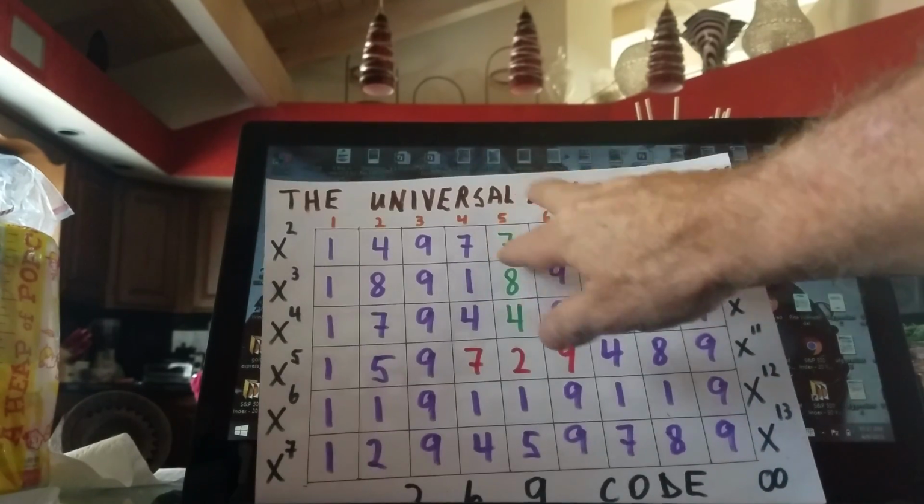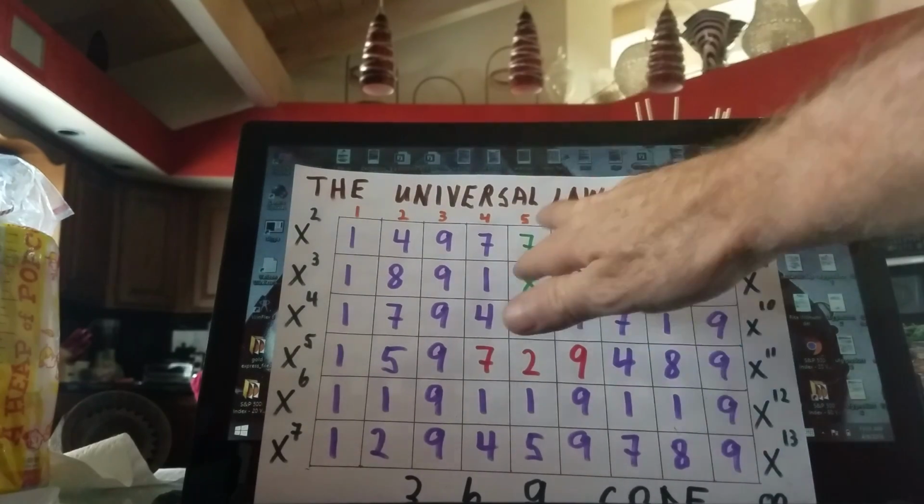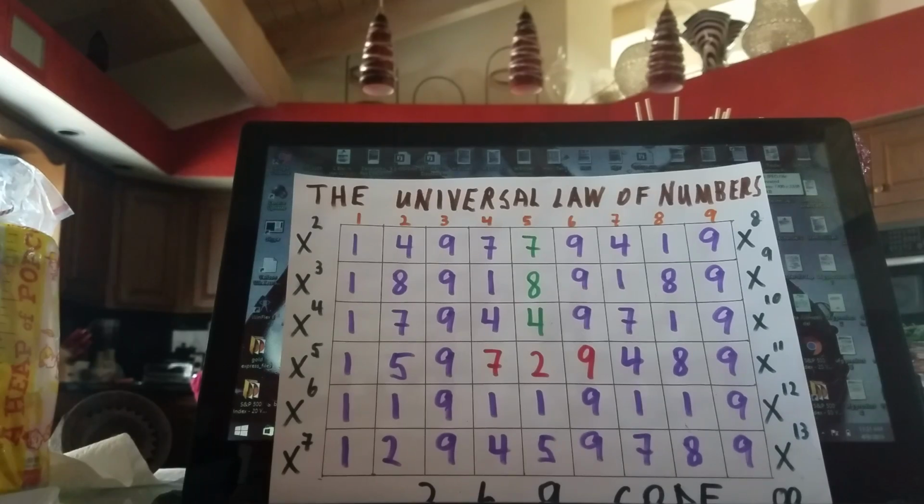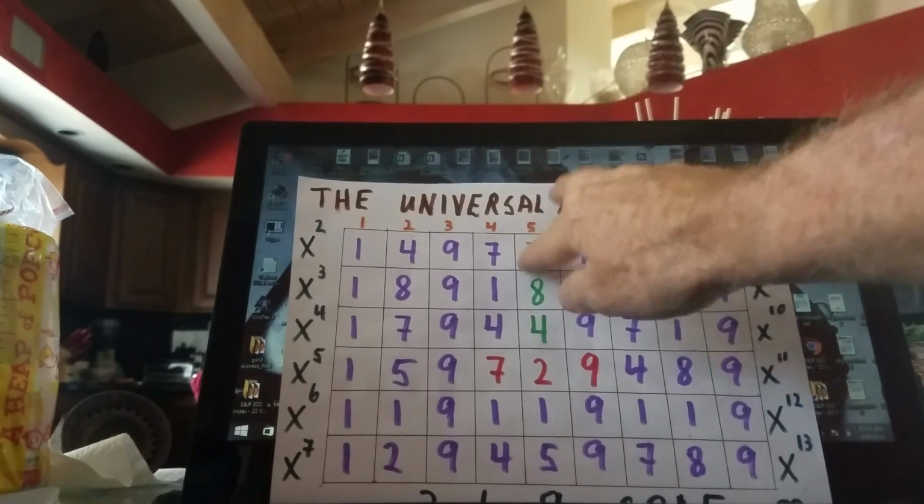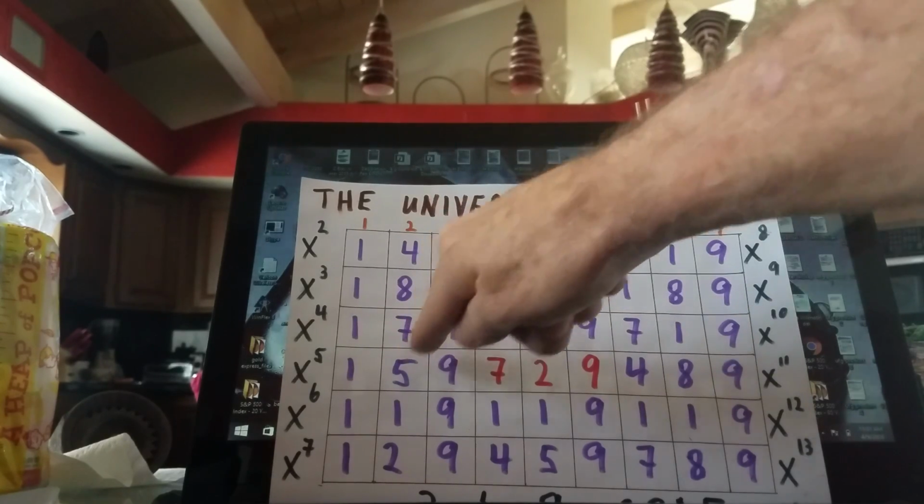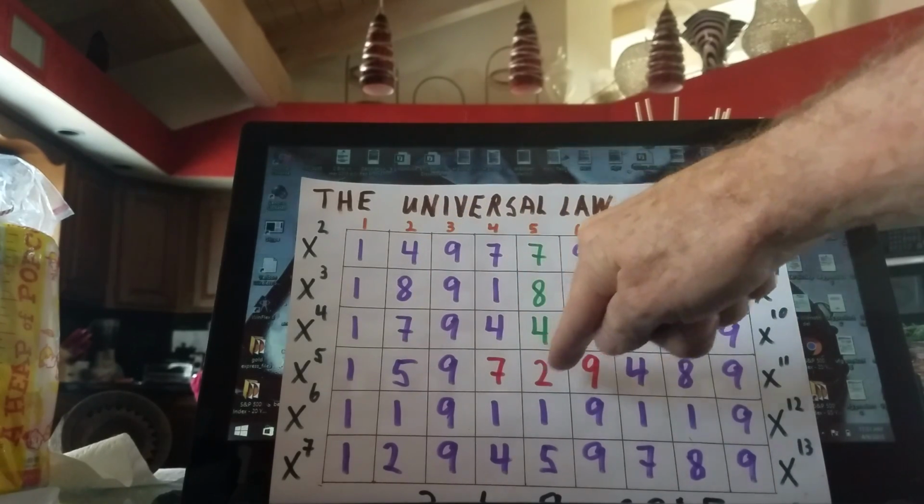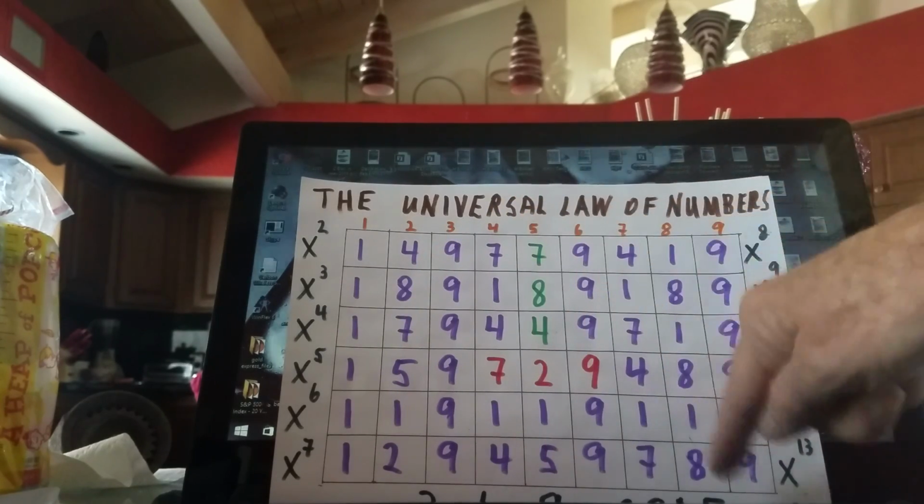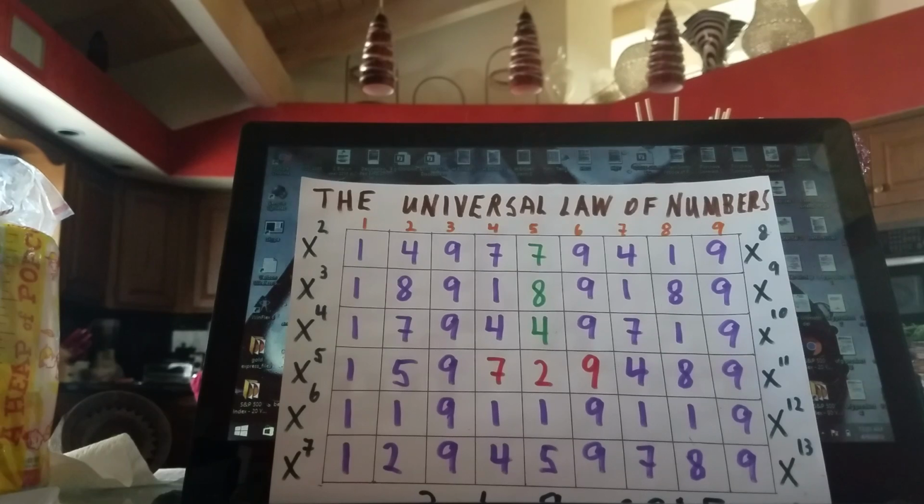So what we're going to look at here is, let's look for the 369 code. 4 and 8 is 12, 1 plus 2 is 3. 7 and 8 is 15, which is a 6, and 1 and 8 is a 9. 7 and 5 is 12 is 3, 4 and 2 is a 6, and 1 and 8 is a 9. 1 and 2 is a 3, 1 and 5 is a 6, 1 and 8 is a 9. So that's the 369 code, and what it is is a perfect manifestation of what I refer to as the